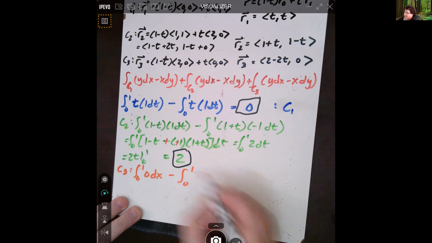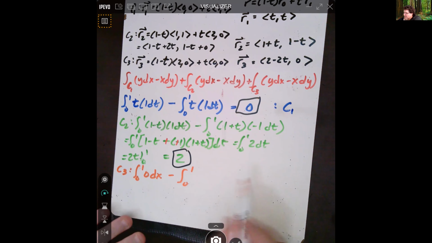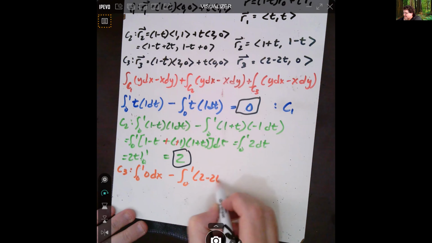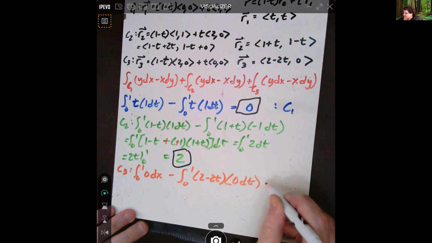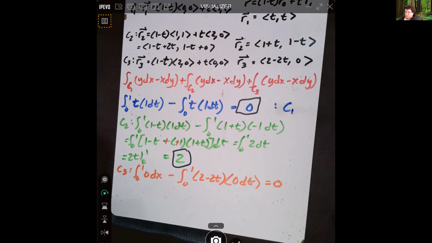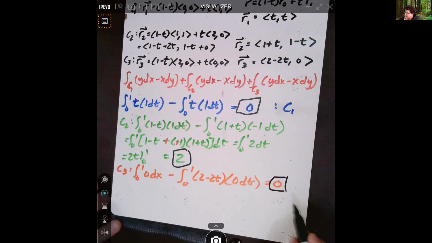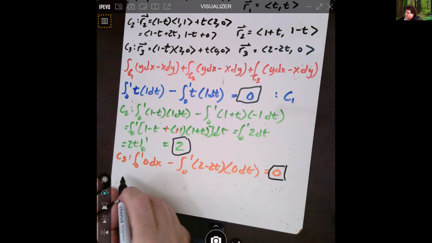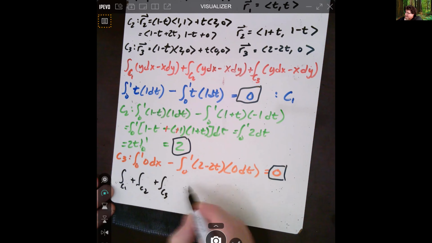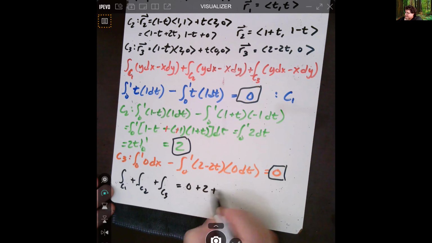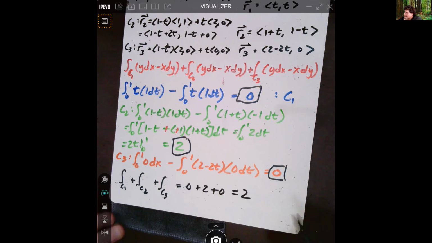We need x dy, x is 2 minus 2t, but dy is 0 dt. This is also 0. So integrating along C1 plus C2 plus C3 gave me 0 plus 2 plus 0, which was 2